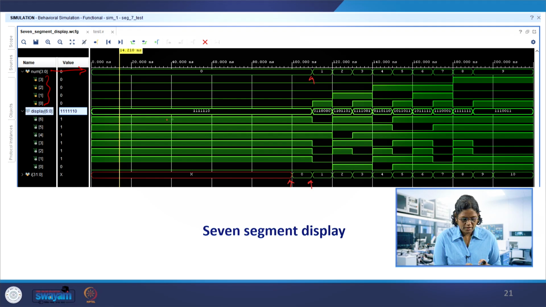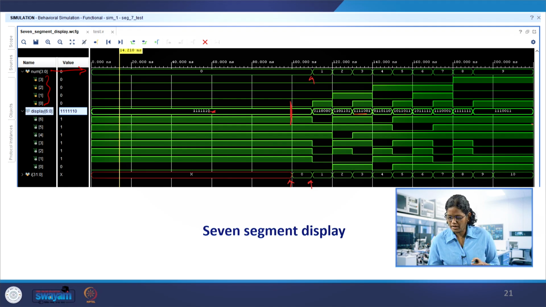Now the display, so it is giving the 0 up to this point. So actually our output starts from here. Okay, so 0 is displayed, and then this is 1. Okay, for 1, B and C are 1, rest of them 0. For 2, A, B, D, E, G are 1, so you can see the rest of them, 3 also, and 4, 5, 6, 7 and then 8, all of them are 1, and then 9.